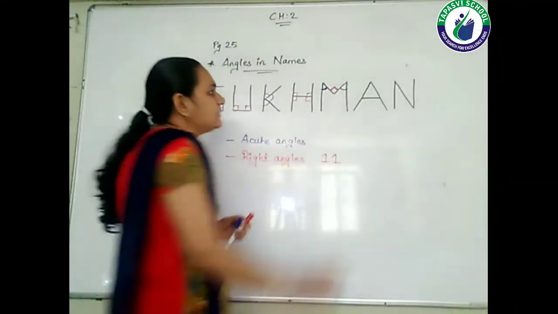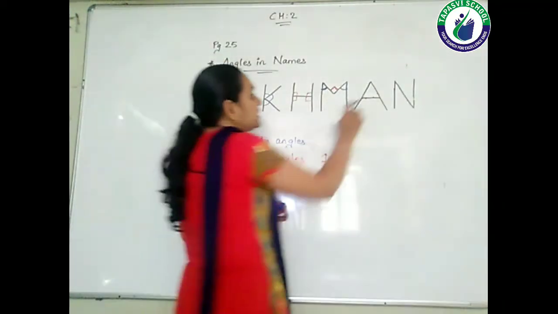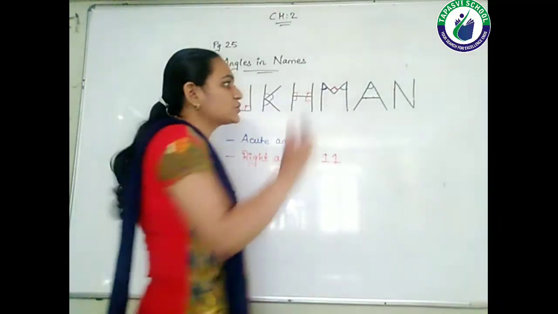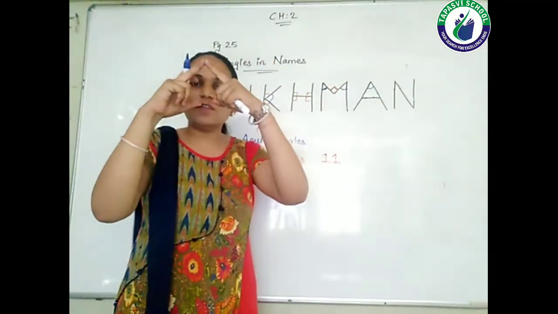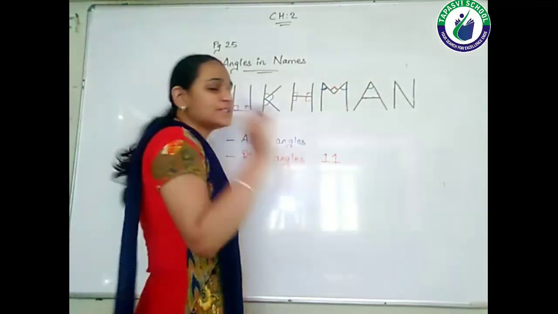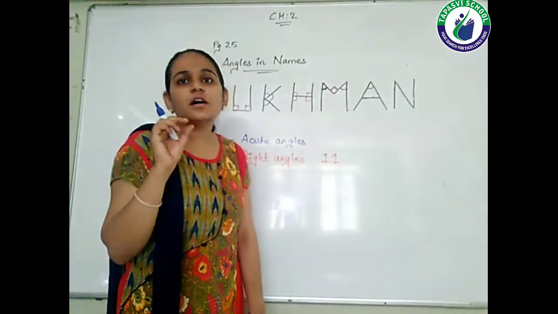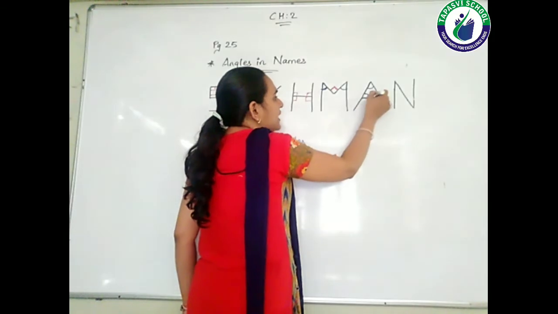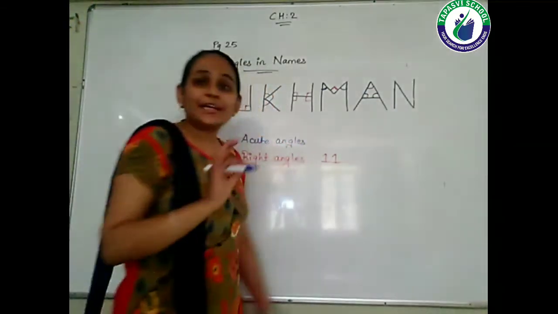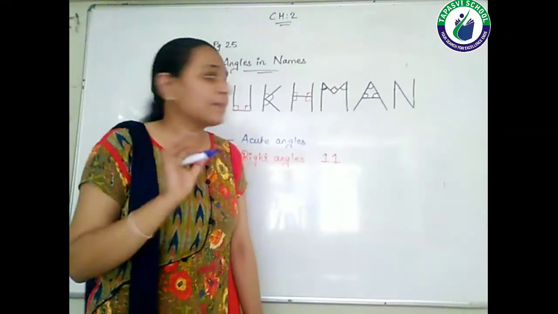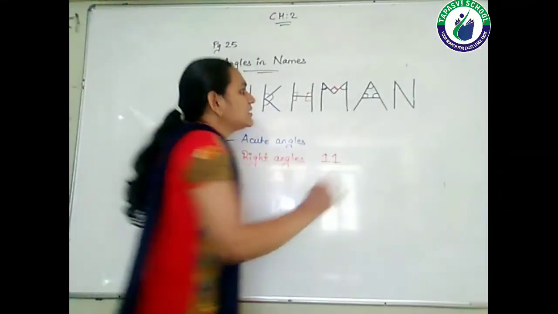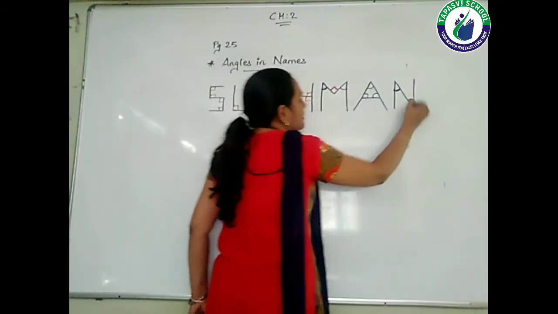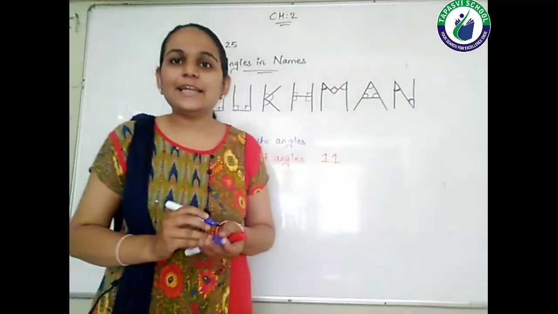Now moving to another side. See, first here the angle will be formed. See here, this will be the acute angle, the topmost. Because whenever two lines are meeting, there always one angle will be formed. As it has less space, a smaller angle, that means an acute angle, is formed. Similarly here also 2, then here also 3. So total 3 acute angles are there in letter A. Now moving on to N. So here there is 1 and here there is 2. So total 2 acute angles are there in letter N.